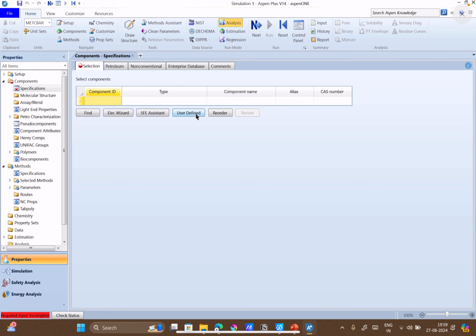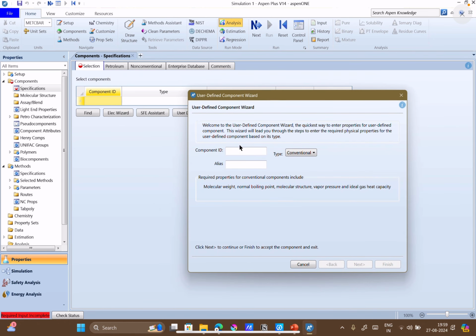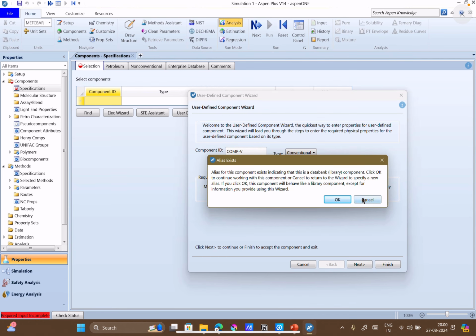It might be available, but we are saying we don't know it. So you can give some compound name. Let's say I want to call it compound V for vanillin, and I'm putting its name as vanillin. Go to next. Alias exists.